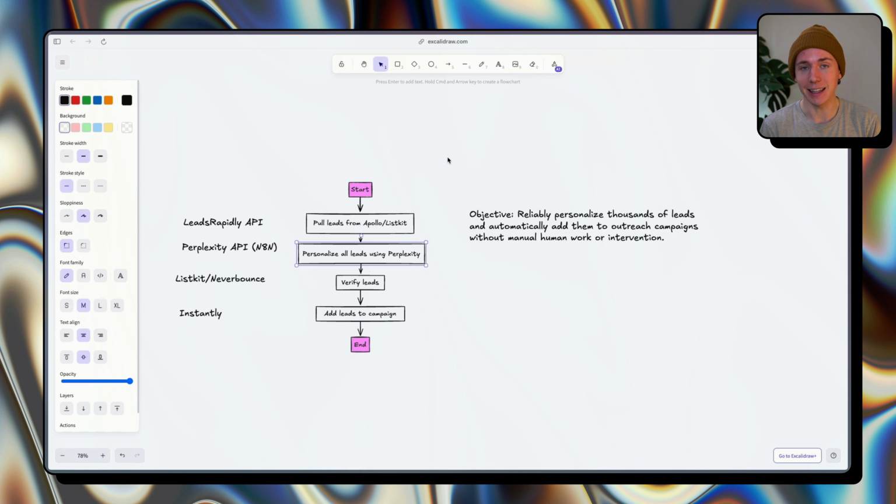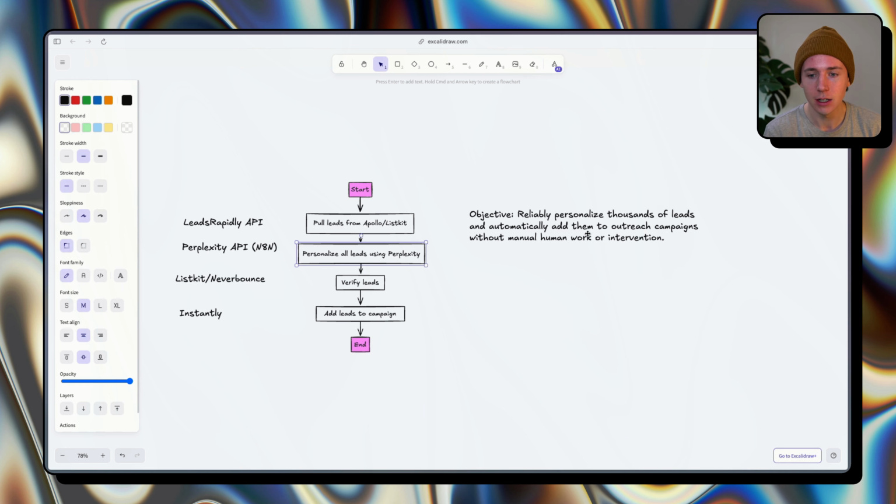In this video, we're going to be building out a system inside of N8N which will pull leads and personalize messages to each of those leads, not needing anything other than their company name, their role, and their name, obviously. And then it's going to be verifying them and adding them into a campaign. So this is basically going to be an end-to-end lead sourcing system that we're going to be building out live